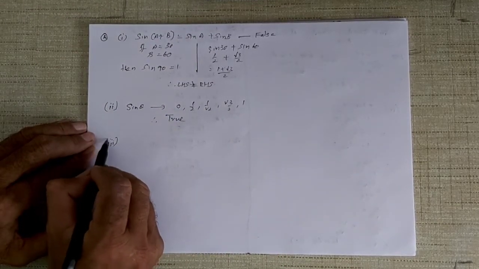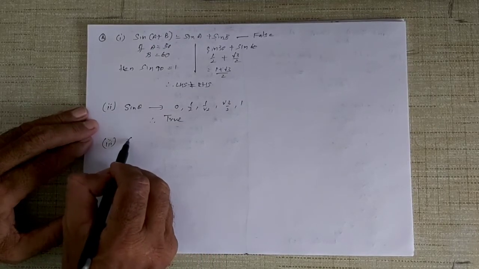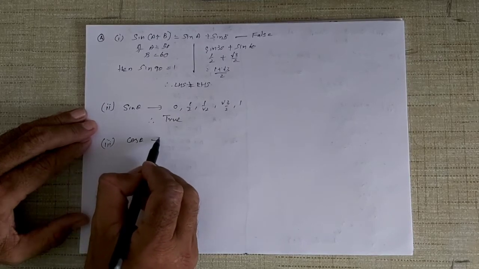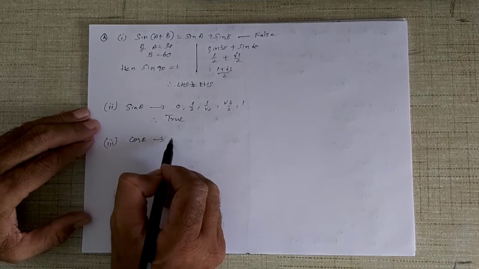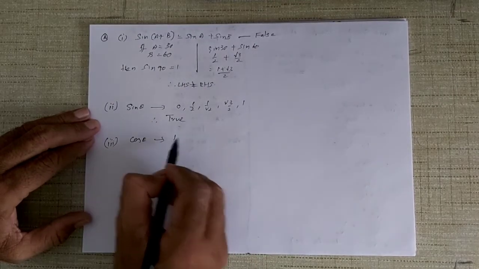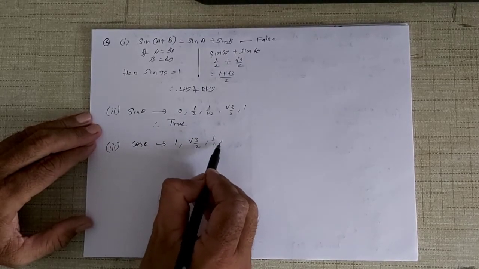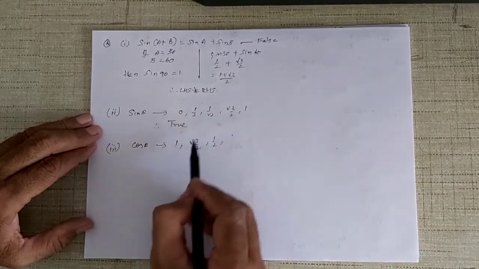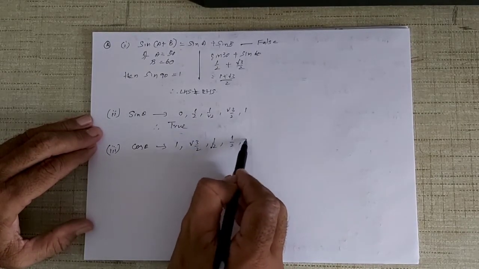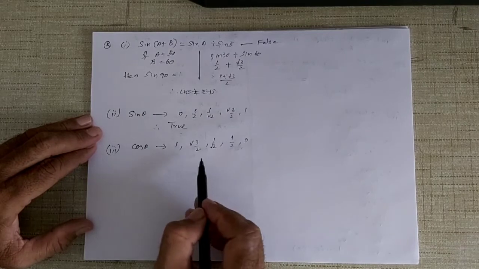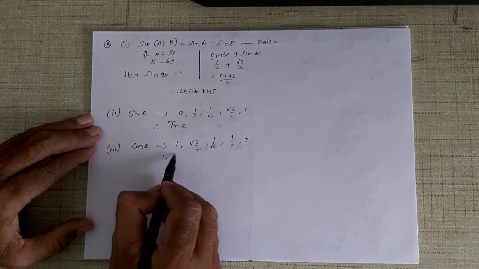Alright. Let us take the third case. The value of cos theta increases as theta increases. Now, let us examine cos theta. It is the other way around. Cos 0 is exactly opposite of sin 0. It is 1, root 3 by 2, 1 upon root 2, then 1 upon 2 and then 0. It goes on decreasing, not increasing. But in the question it says the value of cos theta increases and therefore it is false.